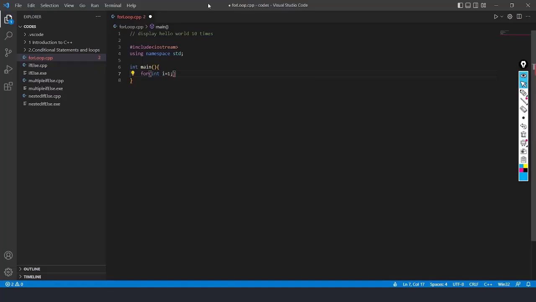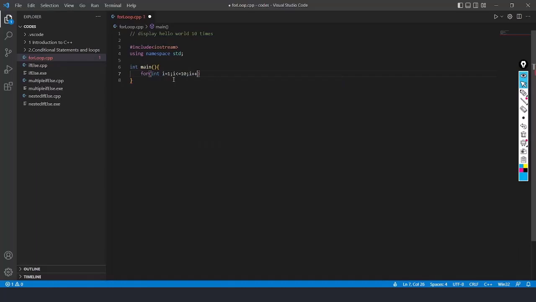This is the initialization of that variable. Declaration, then initialization. int i is the declaration, that i is of integer type, and it is initialized with value 1. Then after that we have to write the condition. We want to print 10 times, right? So i, that variable, is less than or equal to 10, and then semicolon again, and we'll update the statement